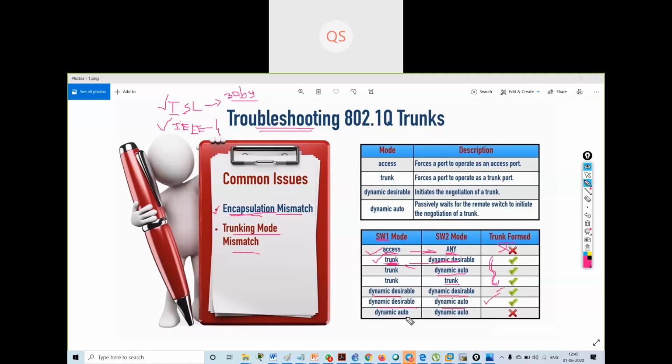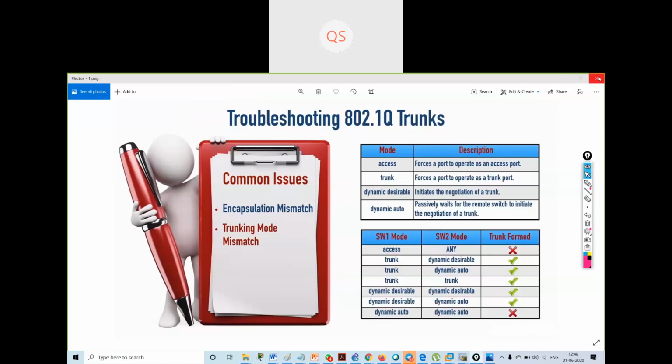But if I'm using dynamic auto on both sides, I cannot form a trunk. So I have to look at trunking mode mismatch, which type of trunking I am using. Understood? So this can be the second issue